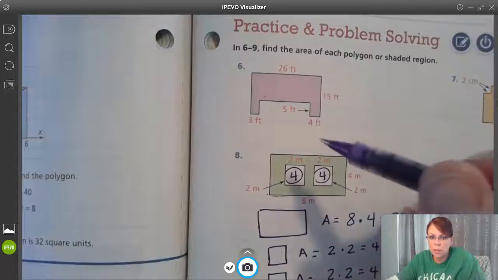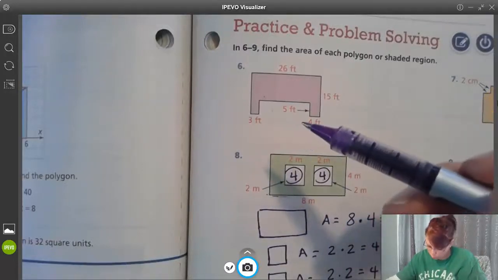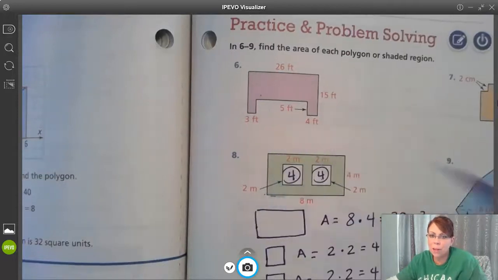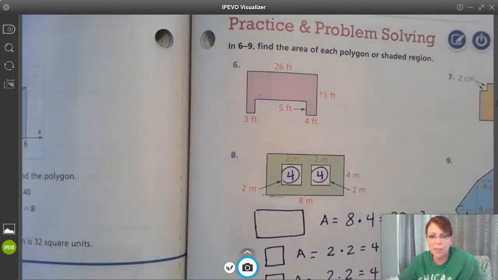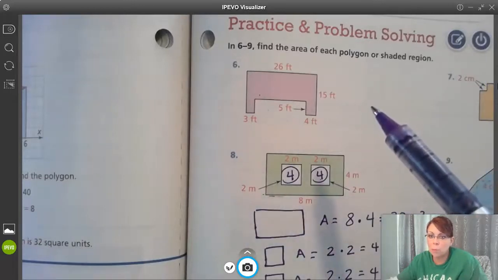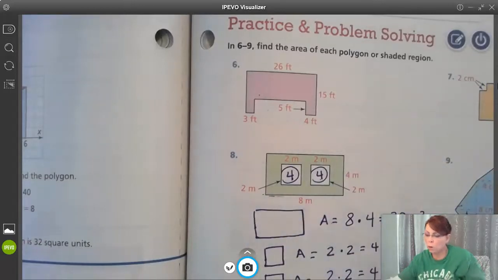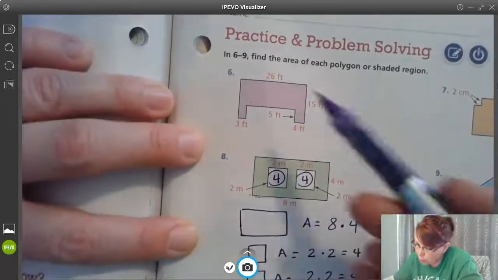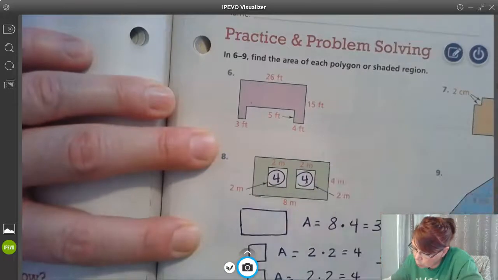Hey guys, so yesterday I had you go into your workbook on page 408, 409. We did a little bit of practice together, and then I assigned problems 6, 7, and 9 for you. You should have entered your answers into Canvas already. I'm going to go ahead and show you how those problems were solved in case you struggled with it at all. So we were talking about composite figures, and looking at problem number 6,